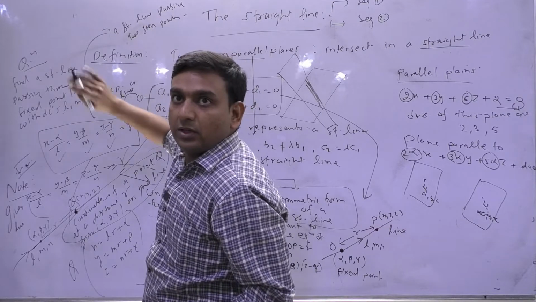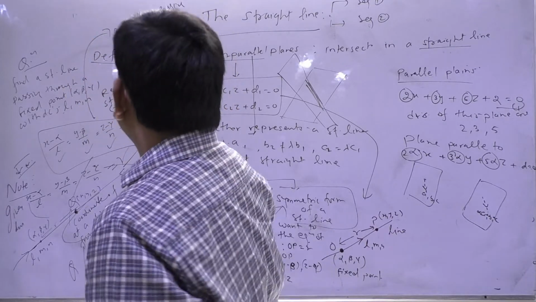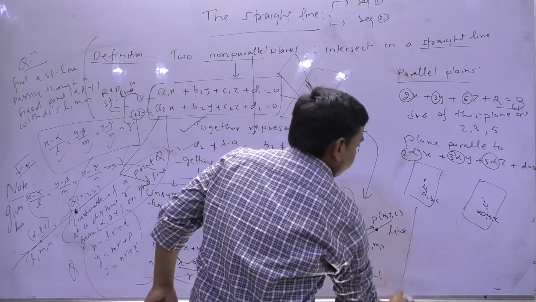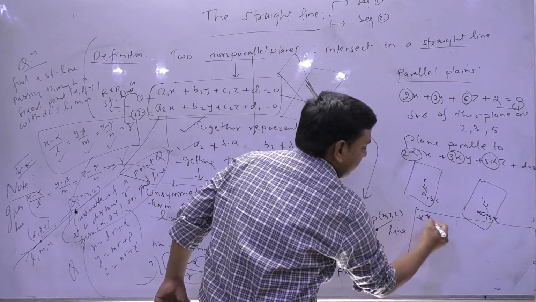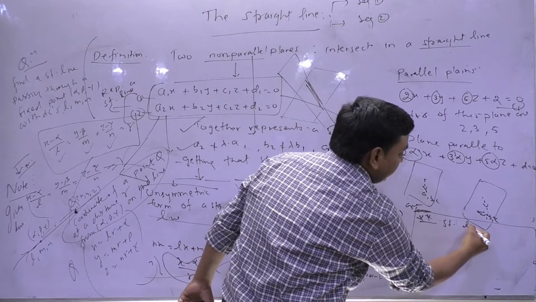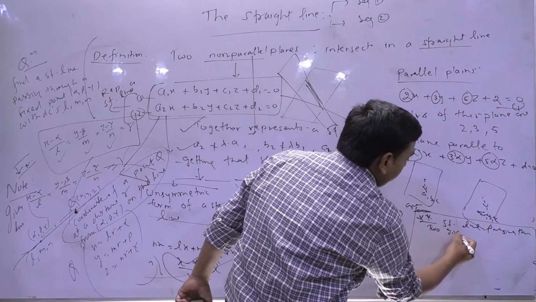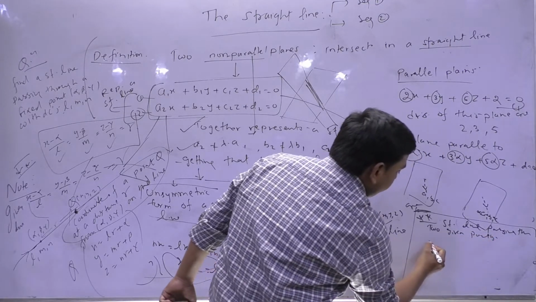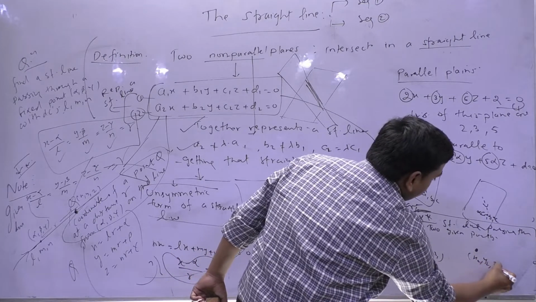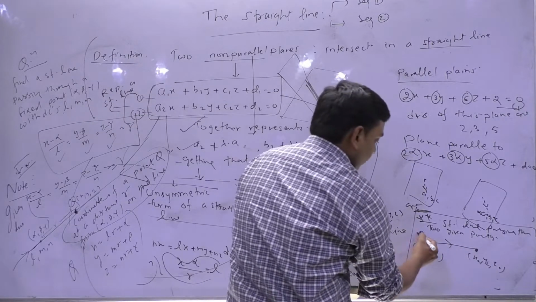Is it visible? A straight line going upward. Where should I tell? I am telling it here. We will mark a star on this too. Very important. I am saying find the equation of a straight line passing through two given points. Let's say you have been given two points x1, y1, z1 and x2, y2, z2, and you want the equation of this straight line. Let's say this is a point P, and this is Q.